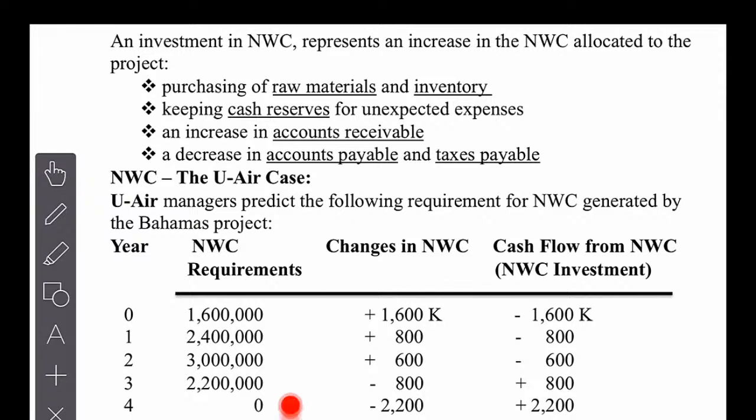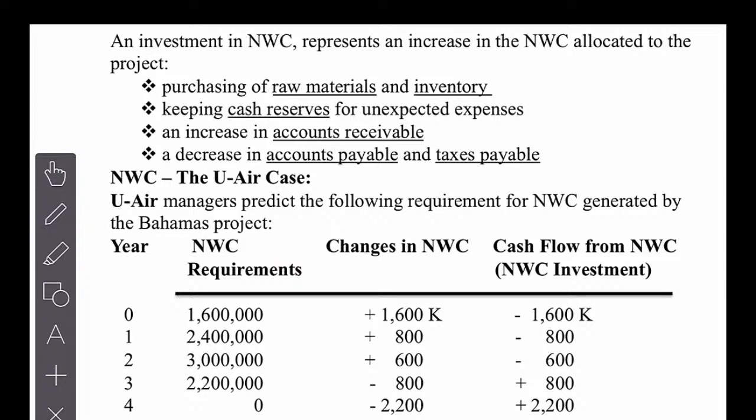By the end of the project, you don't need anything. You don't have to replenish your raw materials inventory. You don't need cash reserves set aside. So you release those funds associated with net working capital requirements. So what we need from here are the investment. So from the perspective of the firm,